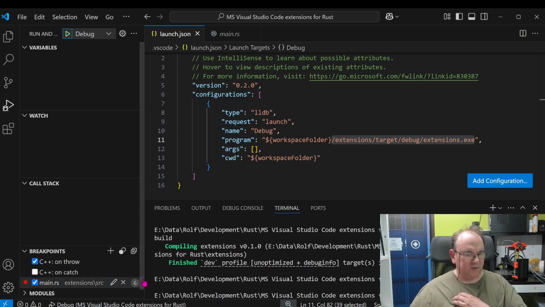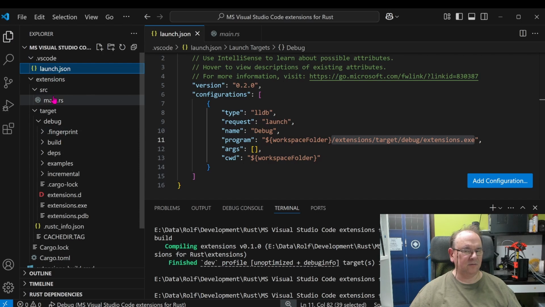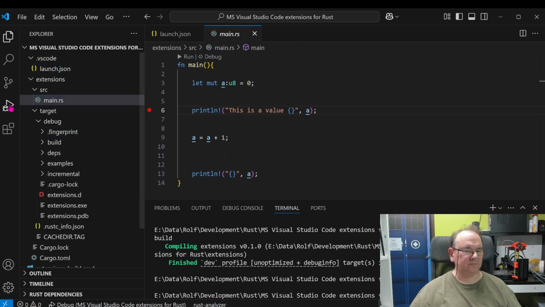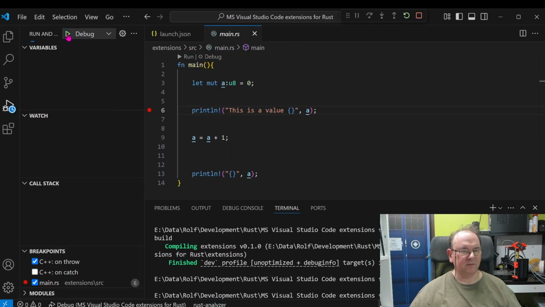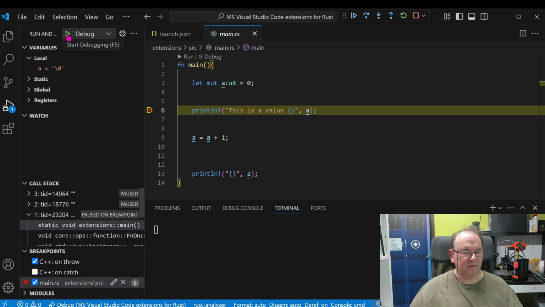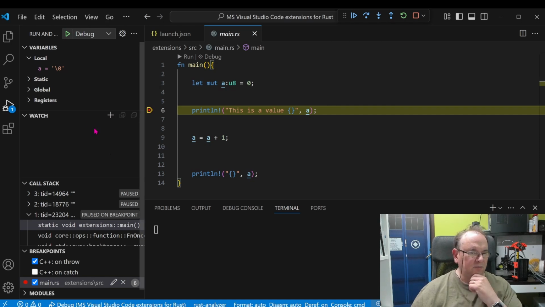And then we see the breakpoints here. I just added one to the code. I can actually bring up the code, and then we can say that we want it to start debugging. And then you have a breakpoint there. And when you're debugging, then you actually get access to the